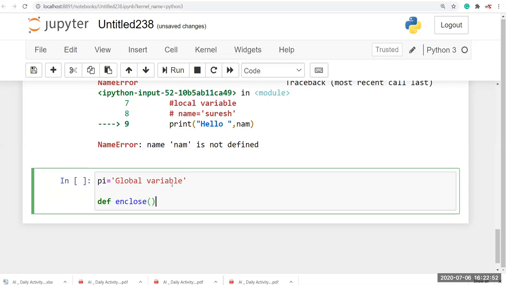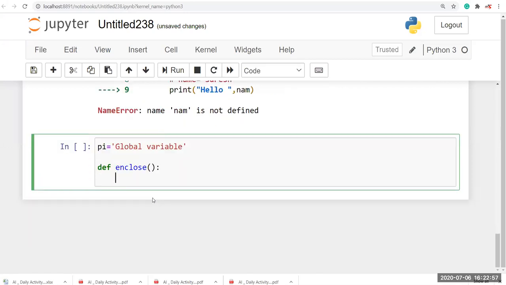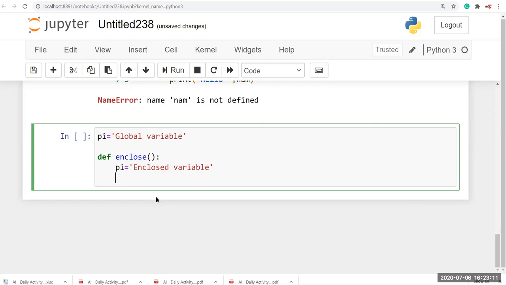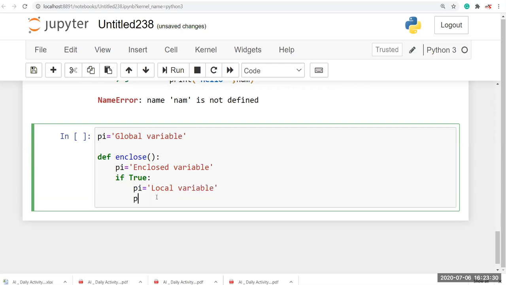And after that I'll give a colon here, and pi equal to enclosed variable. Okay, so here I'm going to give an if clause, if true, pi equal to local variable.